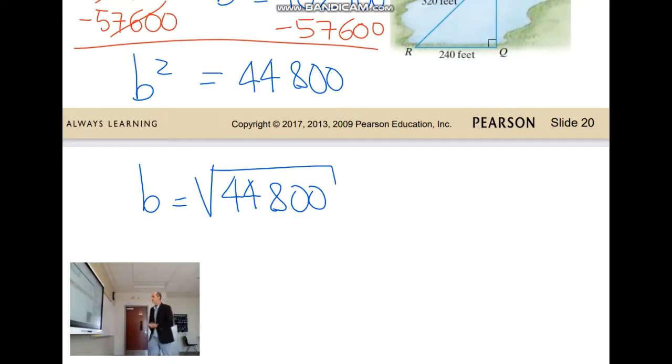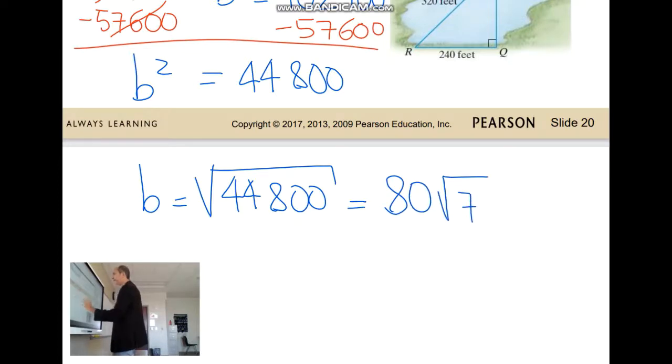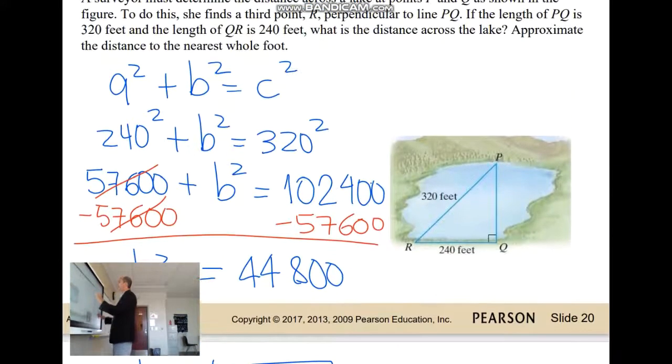Use your calculator again, you're going to find it. You can simplify, actually you can factor out, and you will be able to simplify and find 80 square root of 7. If you factor out 44,800, you're going to find that 44,800 is equal to 80 squared times 7. And then you're going to have 80 square root of 7, which is approximately, and the question asks you to